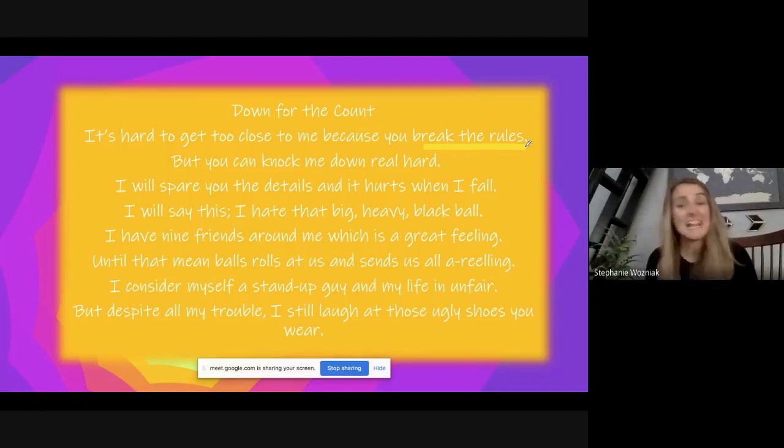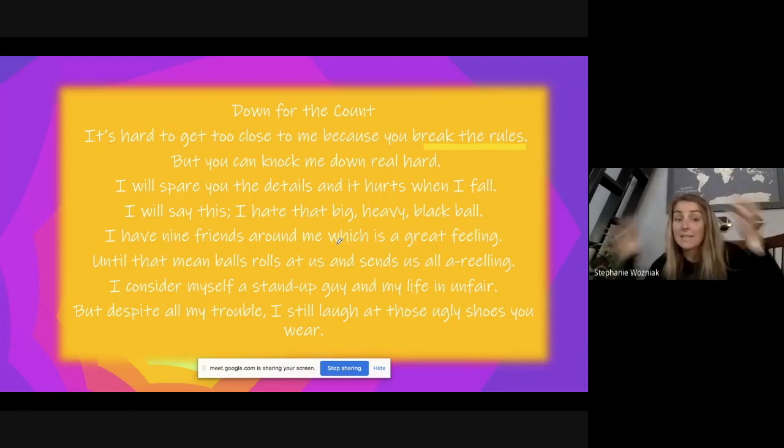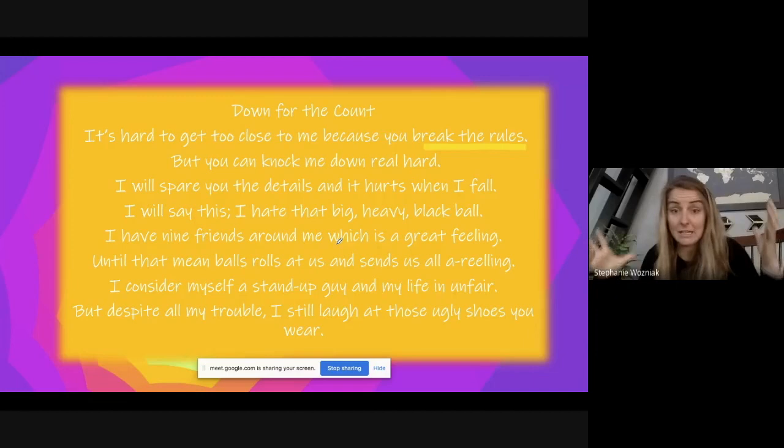I have 9 friends around me, which is a great feeling, until that mean ball rolls at us and sends us all a reeling. So its friends are around it, and the ball comes at all of their friends, and it goes a reeling. So I'm inferring that when that ball comes a reeling, they're going everywhere. So again, taking that background knowledge of a game that I know that you throw a ball at it,